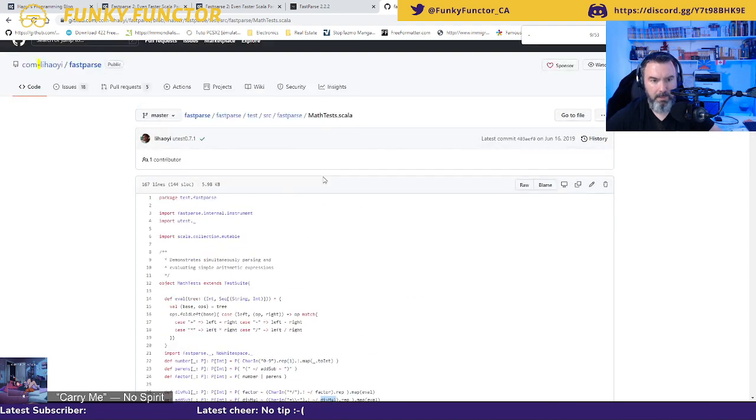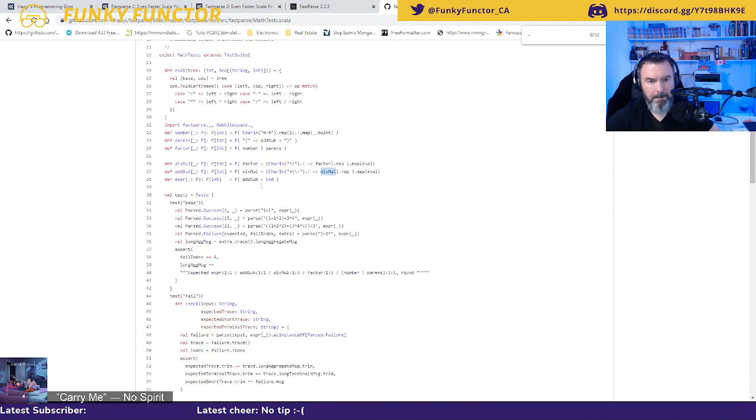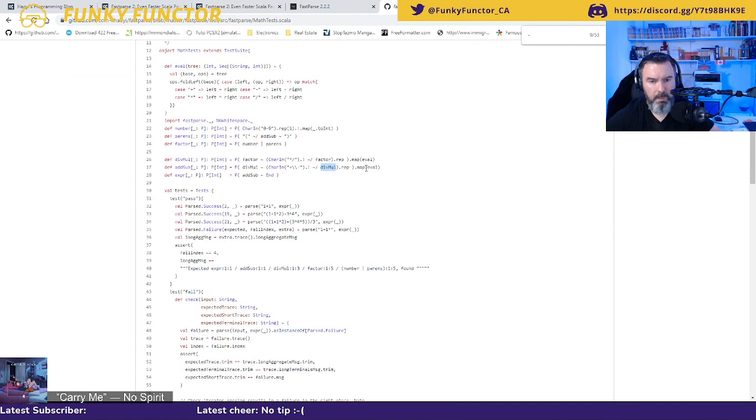So eval, wrap, okay, divMul, and so that gives me an int followed by a sequence of string and ints, and then I take the first element and I do a fold. So that could be either times, forward slash, plus, and minus.